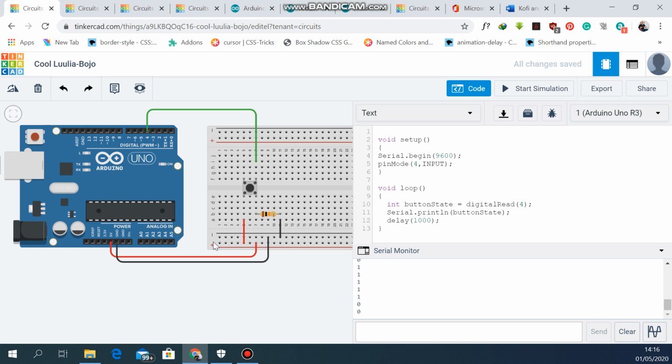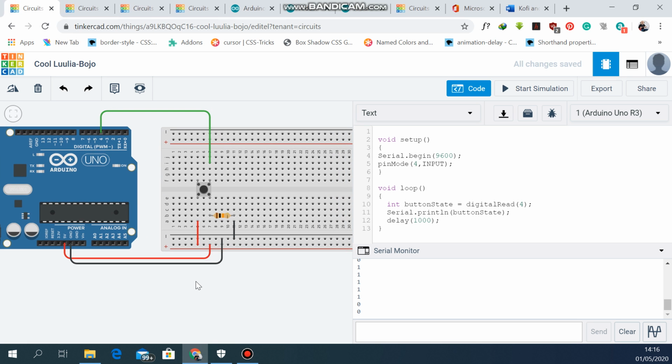So starting from digital read, also take note that at this point, everything your student is doing is syntax. We only use the code blocks when we want to emphasize the circuit and not really think about the code. So we can use code blocks just to get it done fast. But right now we are focusing on the code and on the circuit. This circuit is basic, just like what we did with the push button. We've connected the circuit with a resistor, and all we've done is that instead of an LED or something, so that when we press the LED will turn on, this time we've connected it to